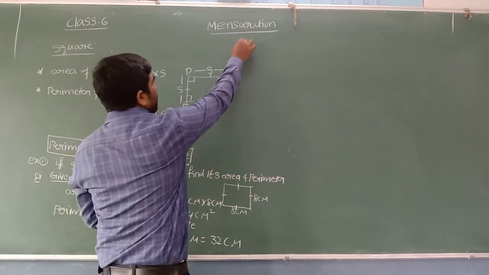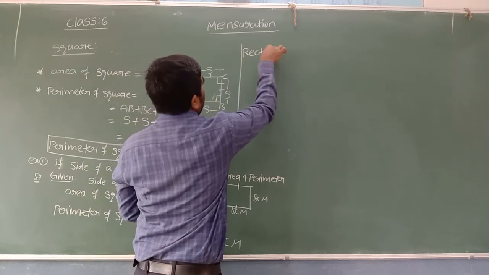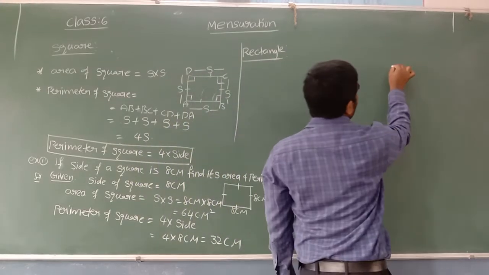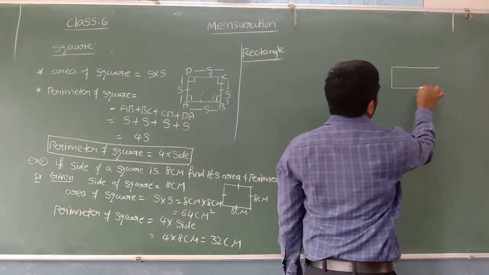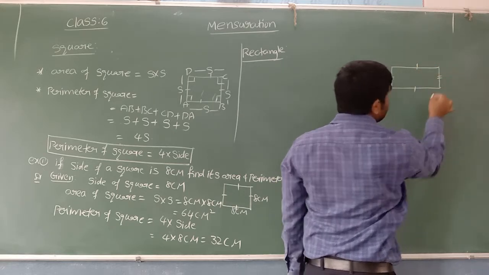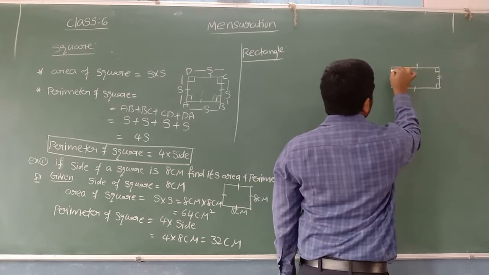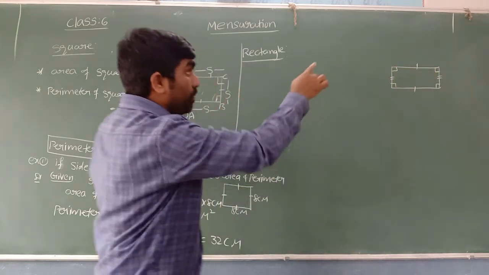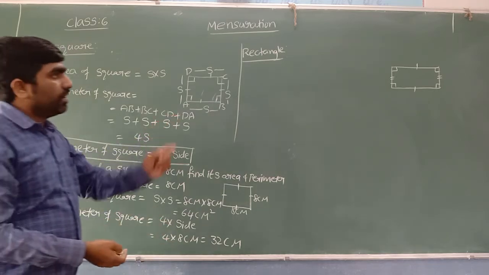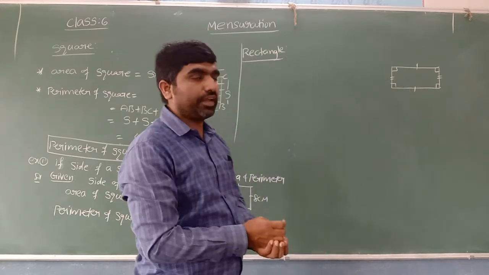Now let's see here, rectangle. What is meant by a rectangle, beta? The rectangle is a four-sided closed figure where opposite sides are equal, and each corner you can see is a right angle. This is about a rectangle. The top of this board is rectangle shaped. Opposite sides are equal and each angle is a right angle.